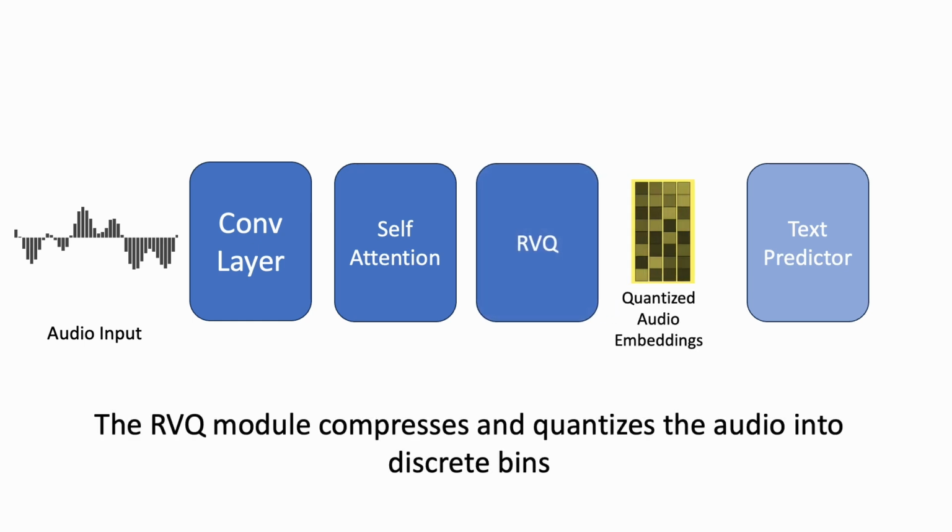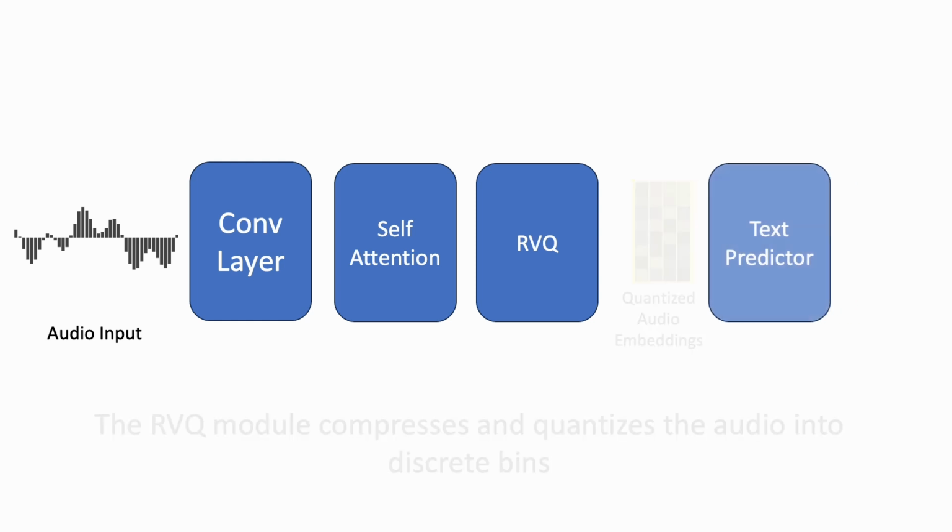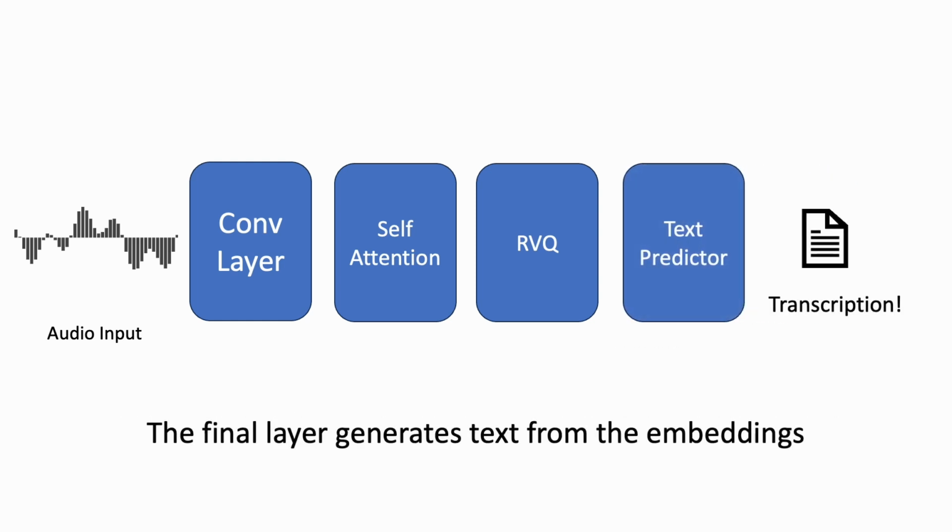So, what is a vector quantizer? Well, what vector quantization does is, given an input embedding, it quantizes it or truncates it into some known sets of values. And lastly, you're going to have a simple linear layer that predicts from this final vector quantized space to one of the characters in our vocabulary. And that is pretty much it. That's what a forward pass through the model is going to look like. And I'm going to show how to code all of this, but I hope you understand what the bigger sort